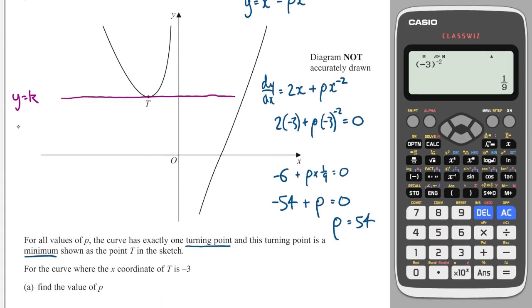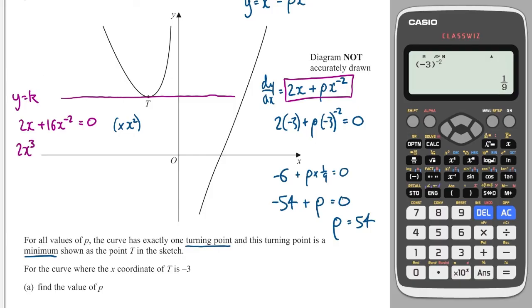Okay, so we write that 2x plus 16x to the minus 2, so again that's just the derivative but with p substituted for 16, and we want that to equal 0 because we're again inspecting this turning point where the gradient is 0. Okay, great. The next thing we're going to do, and that's not particularly obvious, but because we've got a negative power of x, we're going to multiply through by that power but the positive version. So this will give me